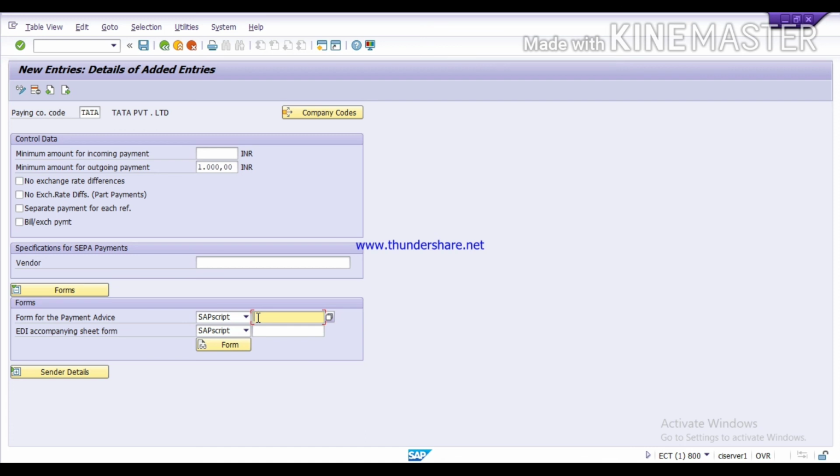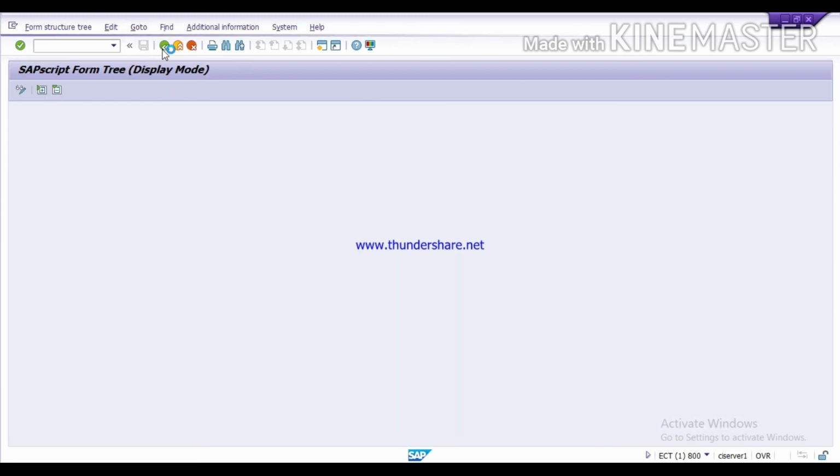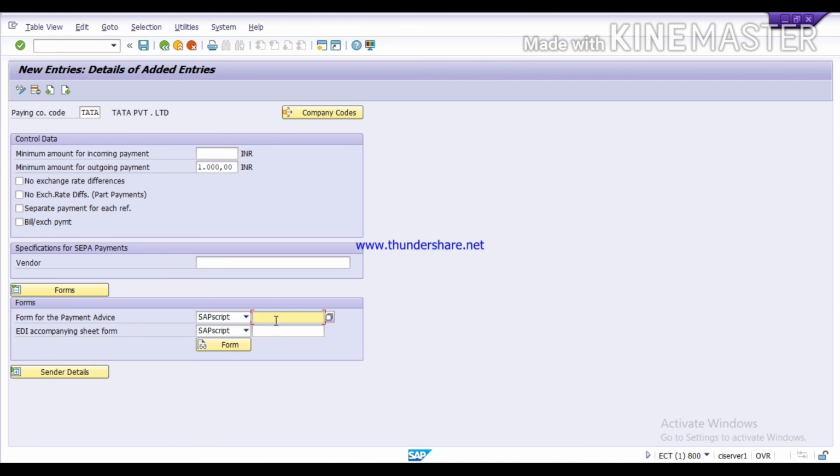Then you can assign that form number here. For now I am using the standard format which SAP provided, F110_IN_ABIS. This is the standard payment advice format recommended by SAP. Then click on save.